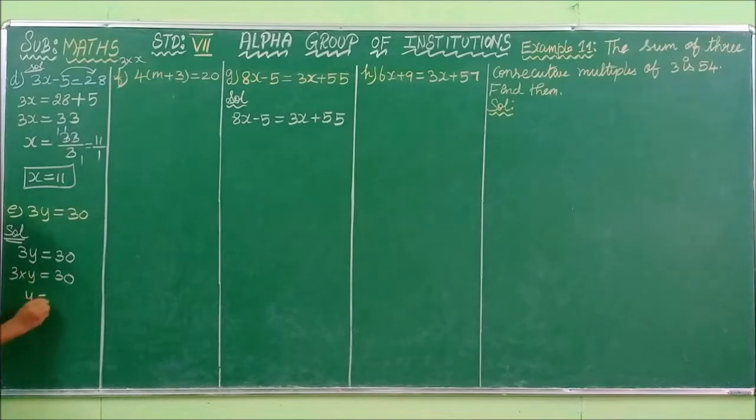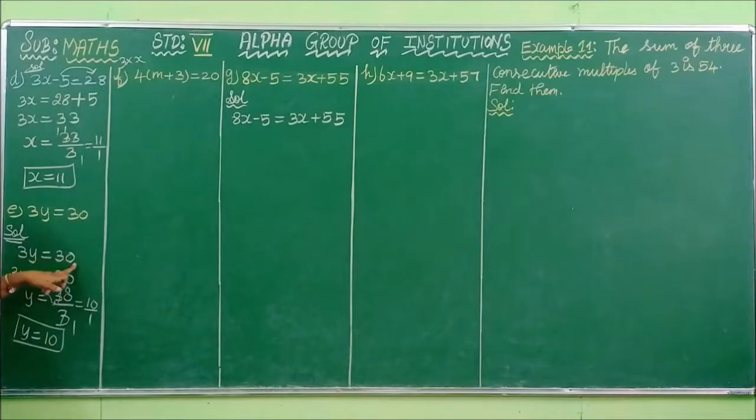So y equal to, in order to find the value of y, we are bringing the 3 from LHS to RHS. So y equal to 30 by 3. Here the multiplication is reversed as division. We understand that, therefore y equal to 3 ones are 3, 3 ones are 3 and the 0, so 10 by 1. So you have to write it as 10. Thus the value of y is 10. That is, what should be multiplied with y to get 30? Yes, 10. 3 tens are 30. It is a very easy one.